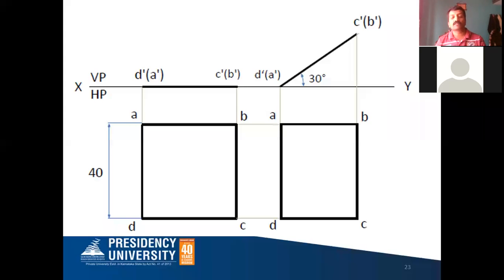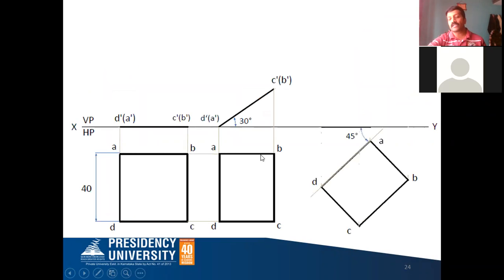Next, for the third position, what he has given is the edge on which it rests. Which is the edge resting on HP? AD. He says it is inclined at 45 degrees to VP. Okay, now it is perpendicular. As I told, for the final position, you can draw a 45 degree line in this way, or in this way also you can draw the 45 degree line. It is left to you. There is no restriction. In the previous examples, the inclination line was taken in this direction. Here, just for a change, I'm showing it in the other direction also. Any direction you can draw a 45 degree line.